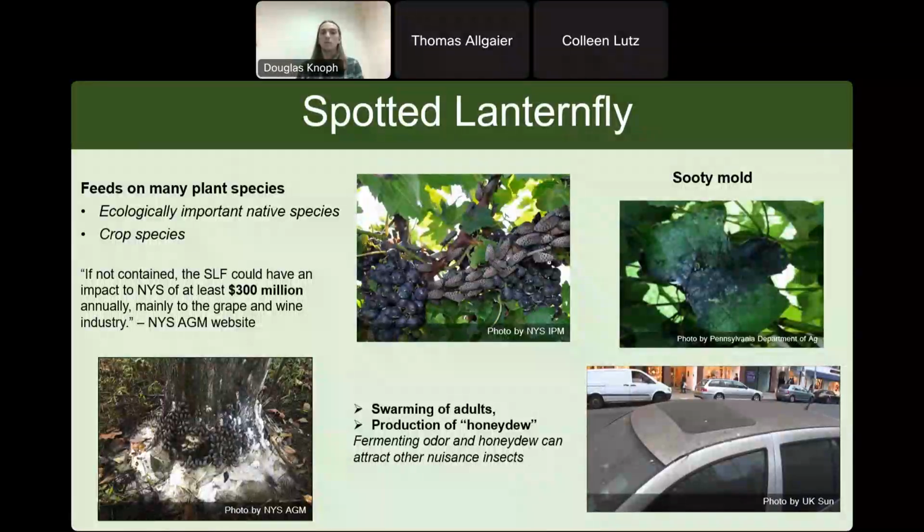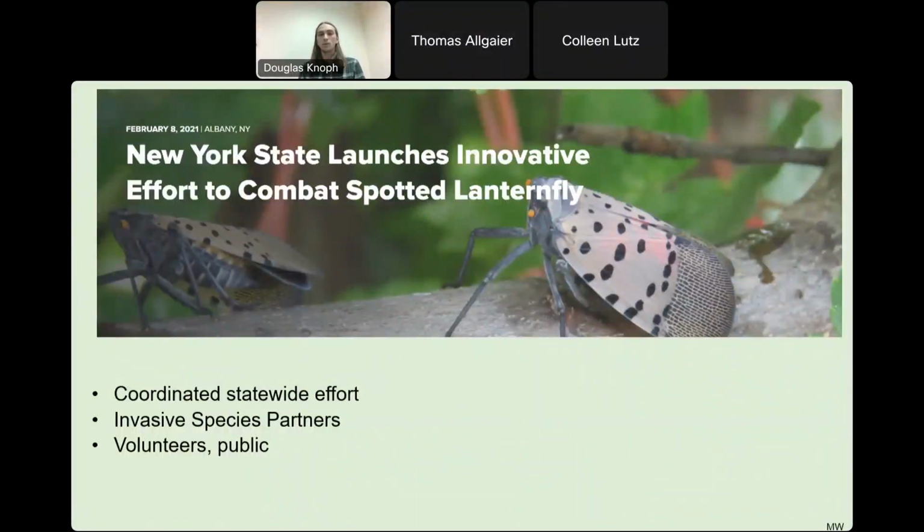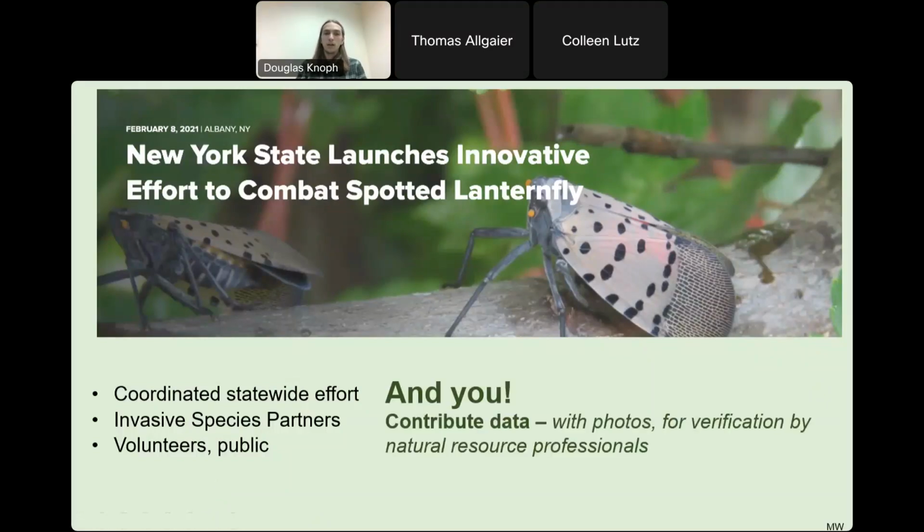So we have this widespread collaborative effort throughout New York State to track the spread and try to prevent the continued spread and establishment of the species. So this is an effort that includes many of the different state agencies, including the DEC, Ag and Markets, DOT, Office of Parks, Recreation, and Historic Preservation, many of our invasive species partners throughout the state, including Partnerships for Regional Invasive Species Management, many different volunteer groups, public interest groups, as well as you.